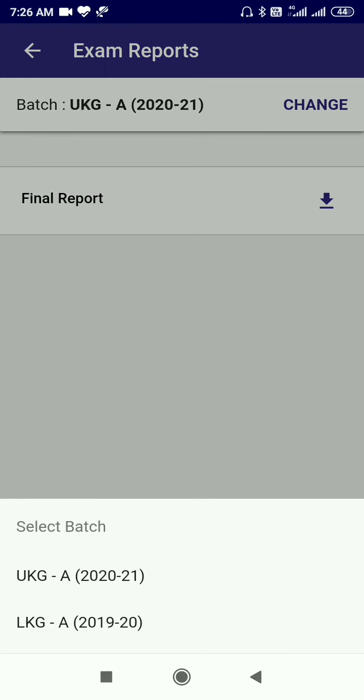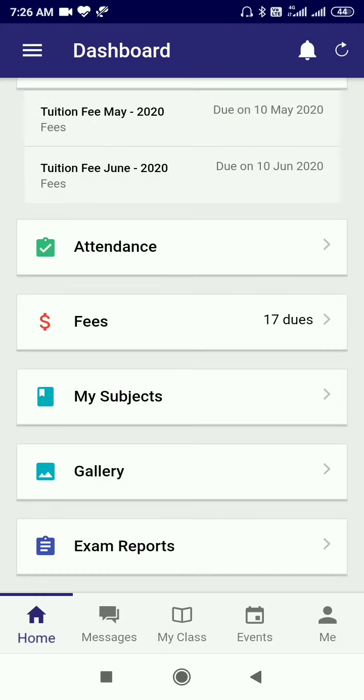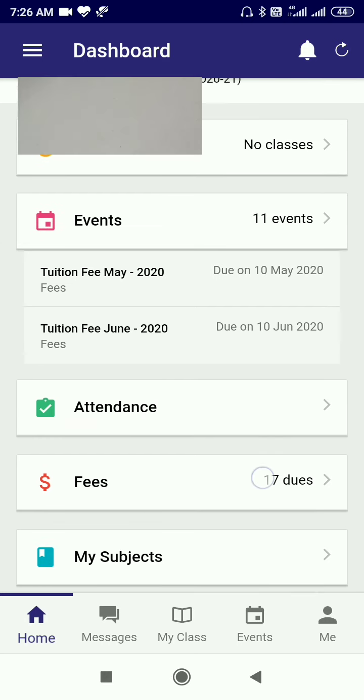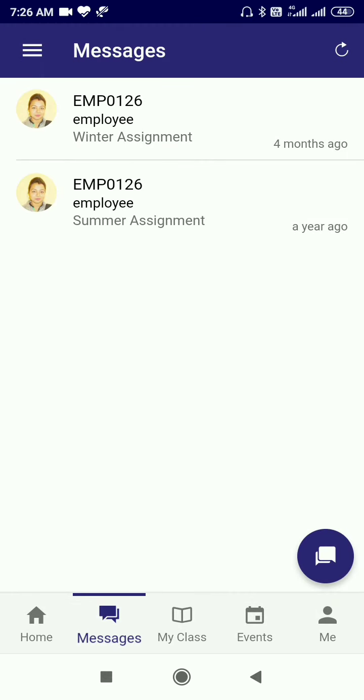You can see previous classes' exam reports also by tapping on that. Here you have messages. Whatever messages come from school, you can see here, and whatever work is given to the student, that can be done.